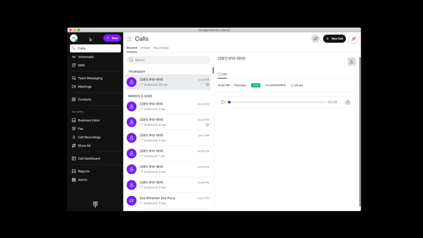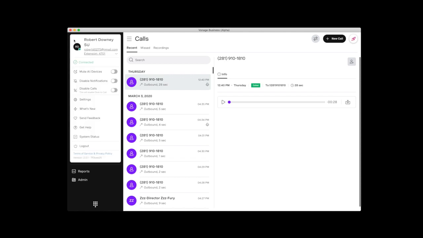Down the left-hand side, you will see all of the available functionality to you based on your user level. Since I'm logged in as an administrator, I have an administrator icon that allows me to quickly access the administrative UI for VBC. Your profile button shows your status in a green dot, and if you click on that button,